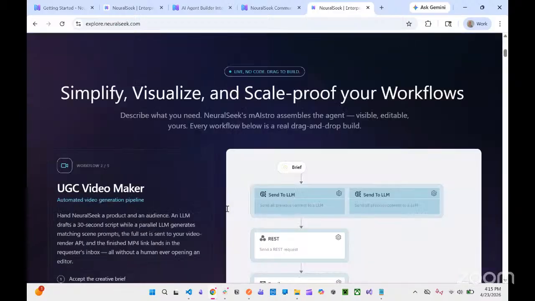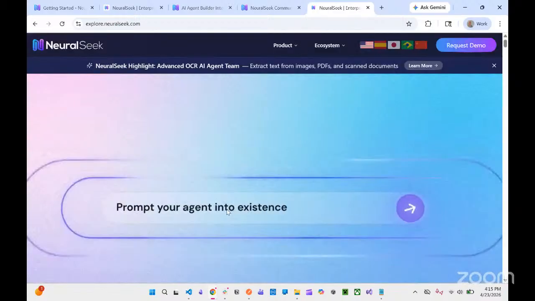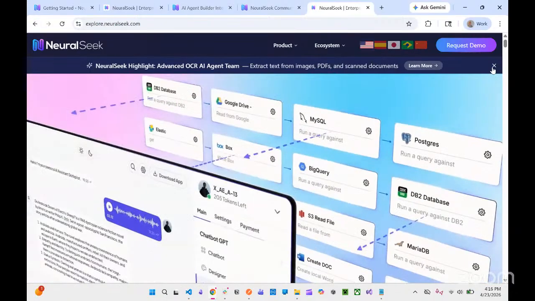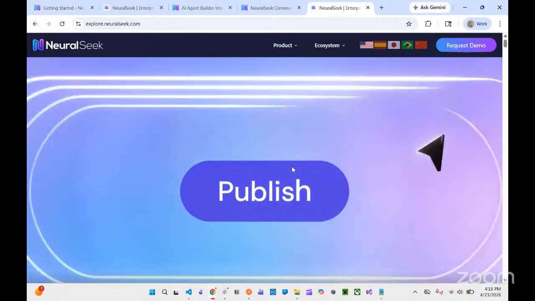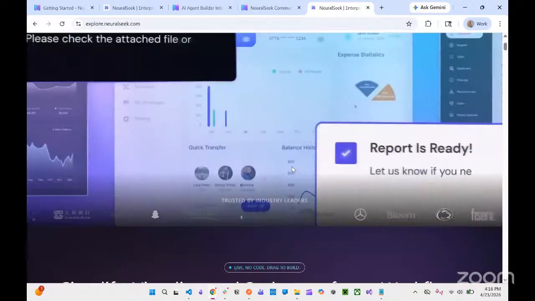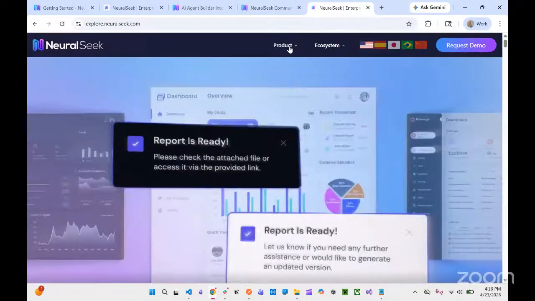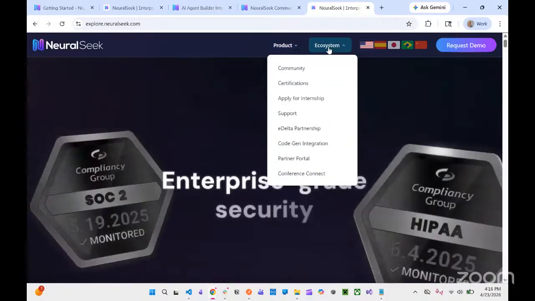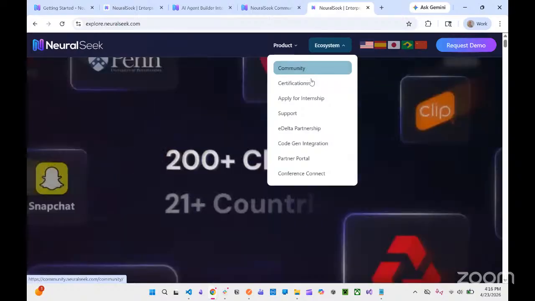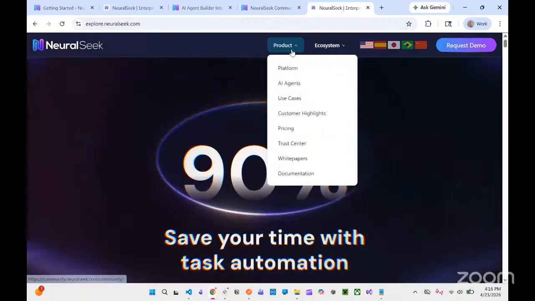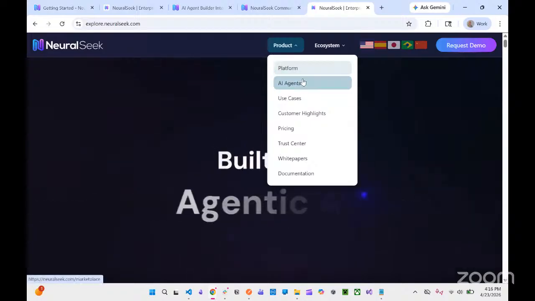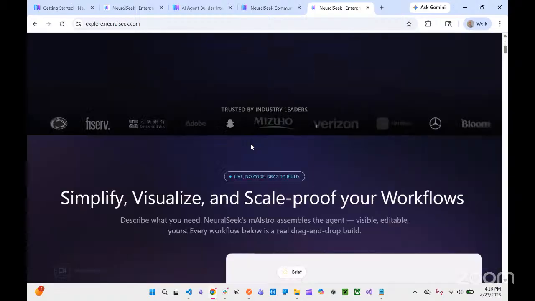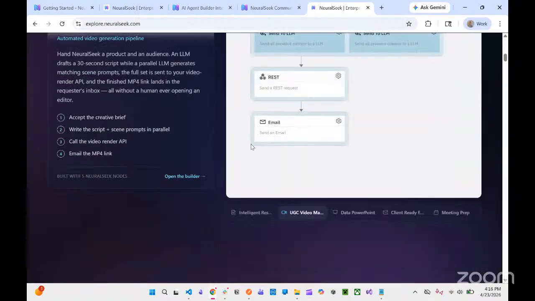So when I scroll down, there's a few different places that I want to highlight. I know I talk about the NeuralSeek website quite often, but there are just so many new features and updates that are coming to the website that you might just not be aware of on a month-to-month basis. So like normal, at the top, you can access a few of our resources under product and or ecosystem. I'll mostly be highlighting our community certification and internship pages, but you can also take a look at our platform, our AI agent marketplace, use cases, customer highlights, and just scrolling through the website, we can see some of the